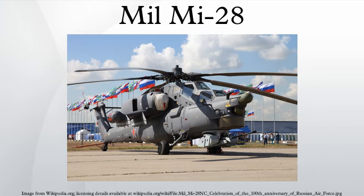Operators: Iraq, Iraqi Air Force, 23/30 Mi-28NE; Kenya, Kenya Air Force, 16 Mi-28; Russia, Russian Air Force, 78. Mi-28N specifications. Data from Janes, RIA Novosti, Russian Helicopters JSC. General characteristics: crew, 1 pilot, 1 navigator/weapons operator; length, 17.91 meters; rotor diameter, 17.20 m; height, 3.82 m; disk area, 232.35 m²; empty weight, 7,890 kilograms; loaded weight, 10,500 kilograms; max takeoff weight, 11,700 kilograms; power plant, 2 Klimov